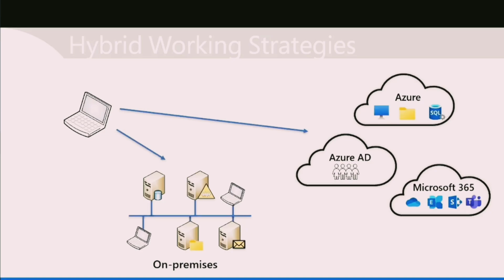In these hybrid scenarios, your users will connect to the services at the location where those services reside. So you might host some services in your on-prem context. You might host other services within the cloud. So you'll need to provide a mechanism so that users can connect easily to the appropriate service.